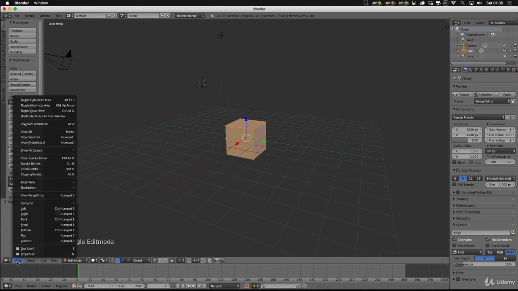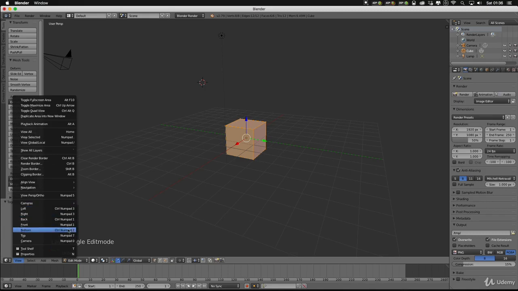If you come down to your view menu here at the bottom of your 3D view, you can see that you've got various different views. You've got your camera view, which we'll be looking at later. You've got your top view, you've got bottom, front, back, right and left, and you can see the shortcut keys next to them.